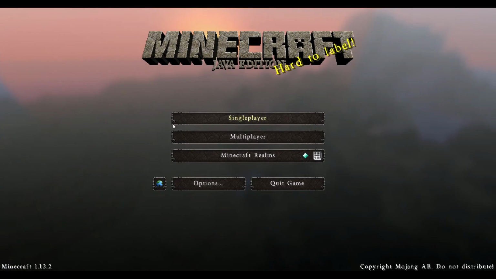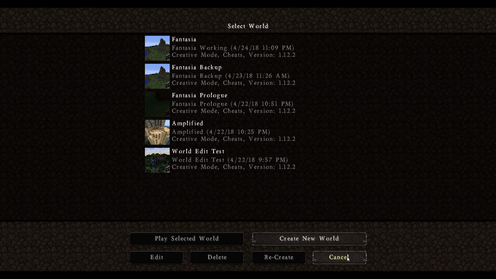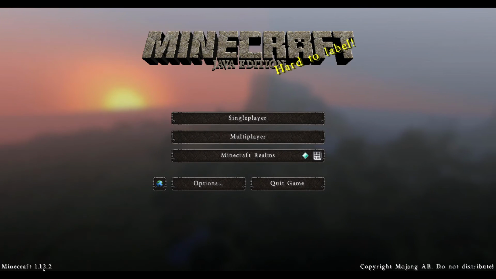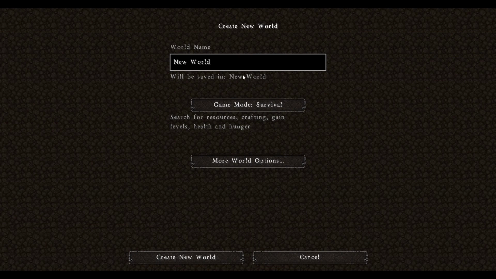Okay, here we are on the home screen. As you can see, I've got a texture pack loaded up. So to create worlds of truly epic landscaping proportions, go to single player. Oh, by the way, I am in 1.12.2. So go to single player, create new world. Let's call the